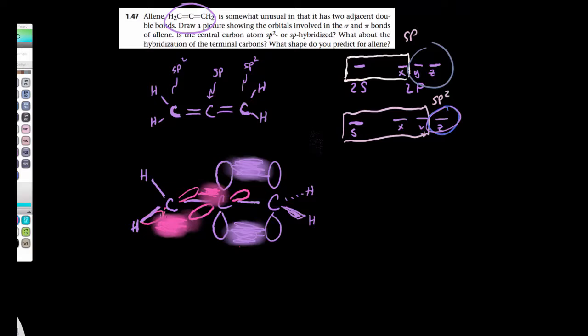This p orbital, and this lobe and this lobe of this p orbital, are going back and coming out at you, are inside and outside the plane of the board. So that gives you this overlap here with the pink p orbital on the central carbon. So essentially that gives us this shape for allene, which is